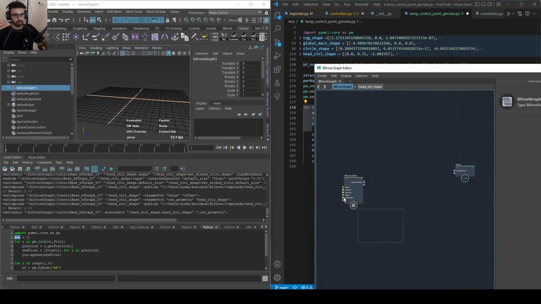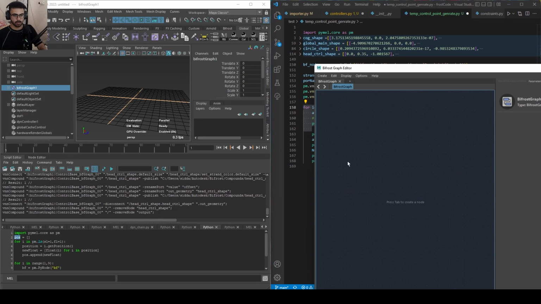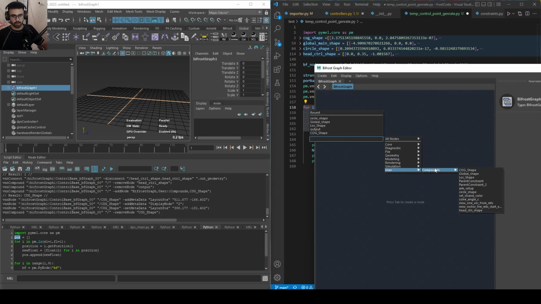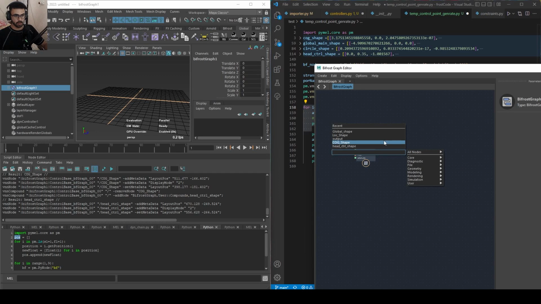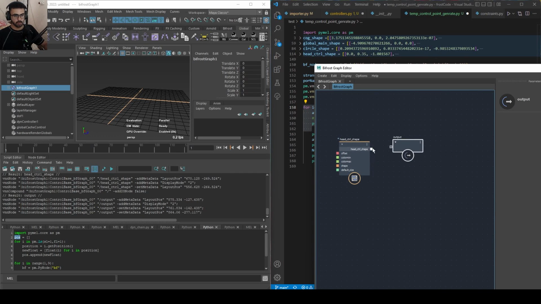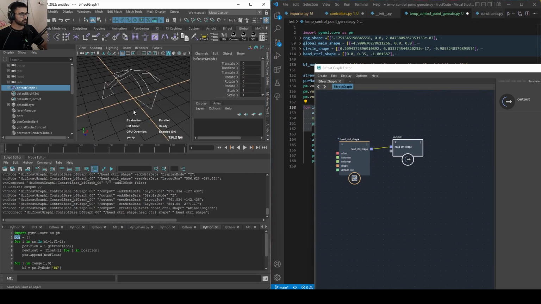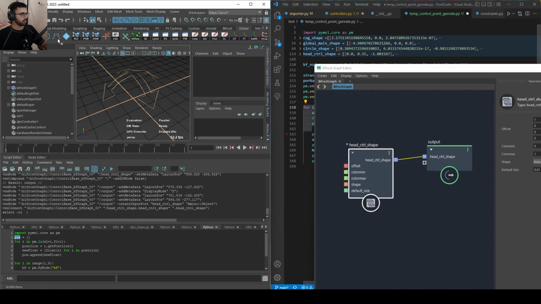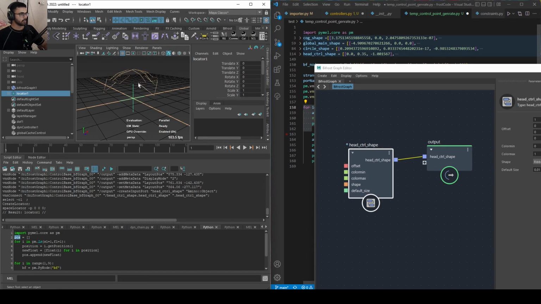Let's take a new one only. This too. Not the cog shape, sorry. That was head control shape, and then output. So yep, we have this now here. Now let's add an offset. So for example, we create a transform, or let's take a look at it, and